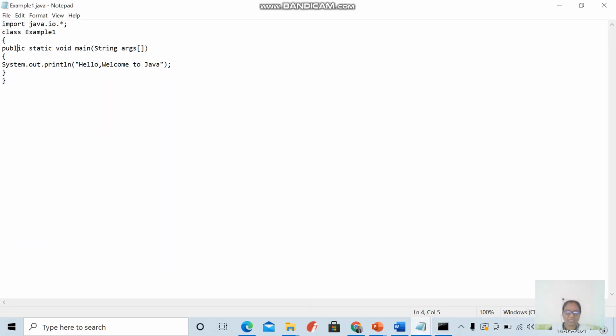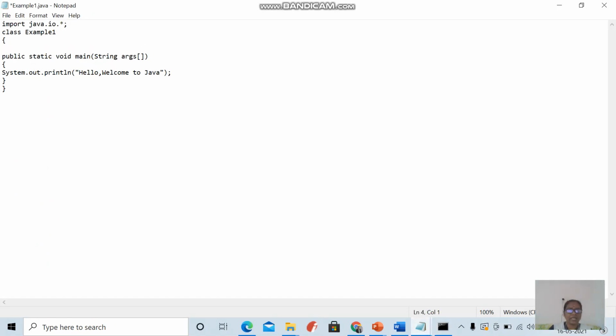Then I want to extend my program with some basic arithmetic operations. The next task is to use the sum of additions, so I am going to use two numbers. For that, I am declaring int a, b, c as three integer values. After this hello message, I am adding the values: c equals a plus b, right?